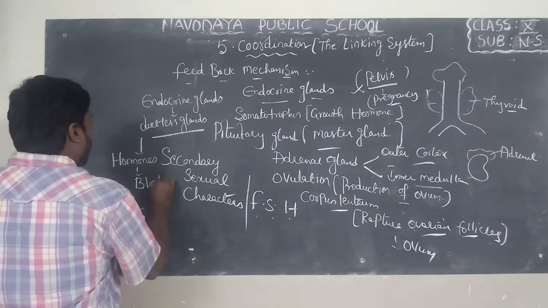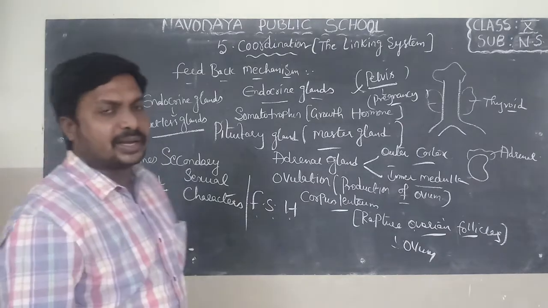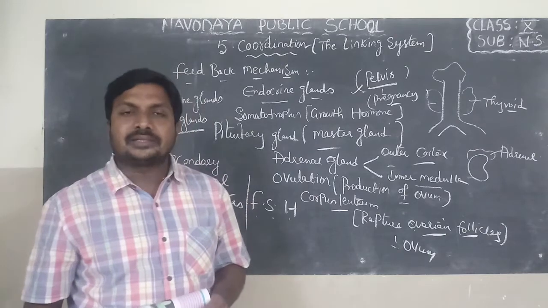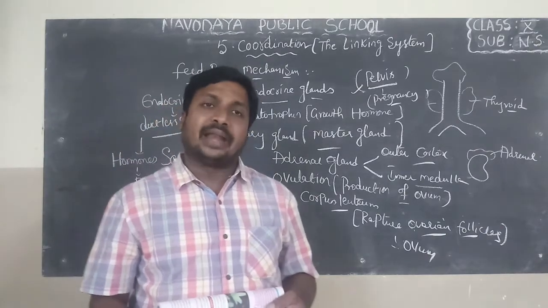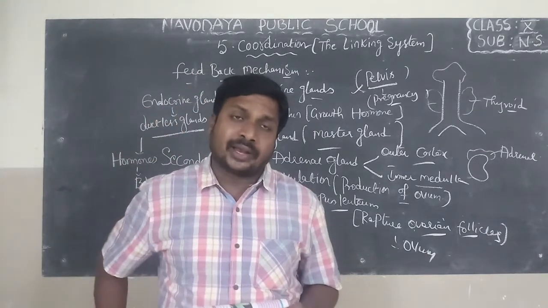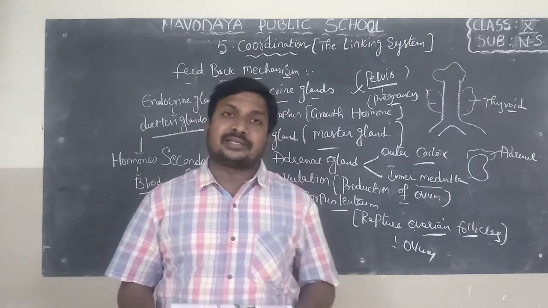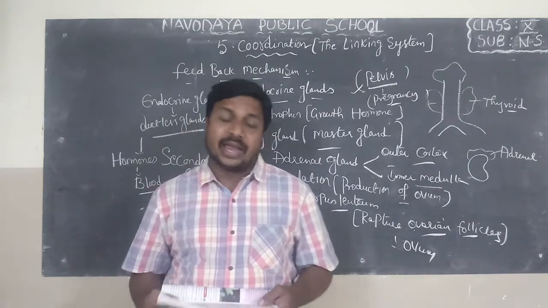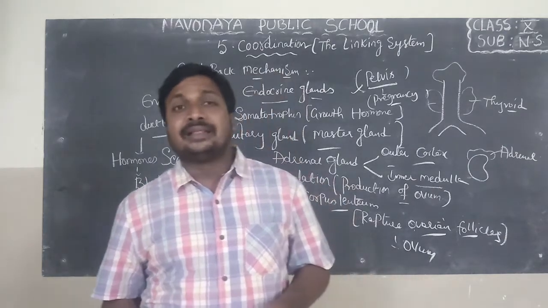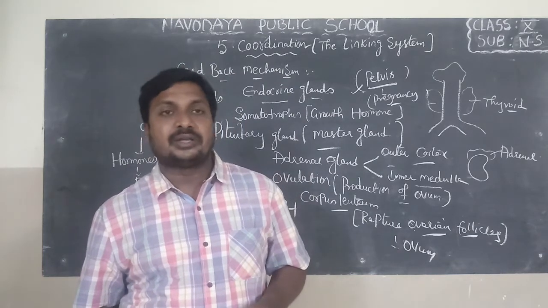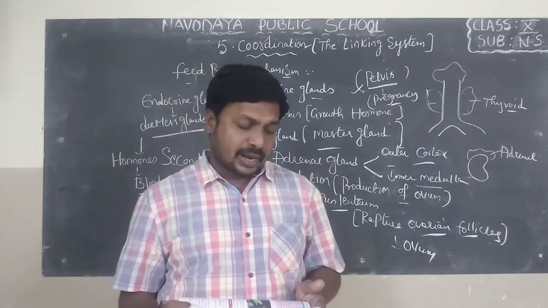Blood carries hormones from one place to another place. They are known as endocrine. Examples of endocrine glands are islets of Langerhans, adrenal gland, pituitary gland, thyroid gland, testis in males, ovary in females,